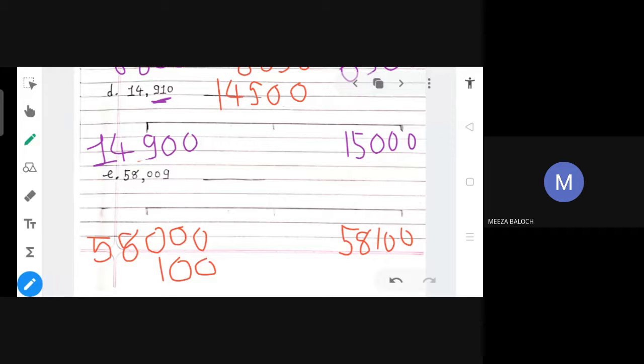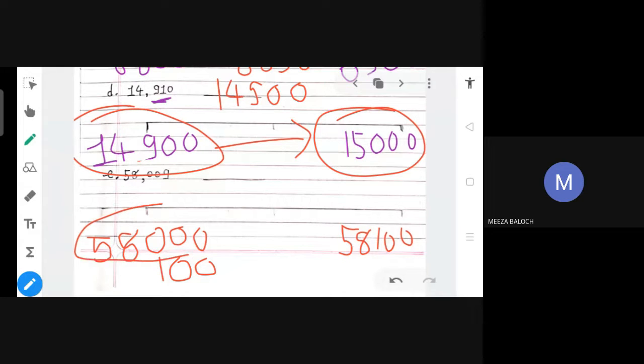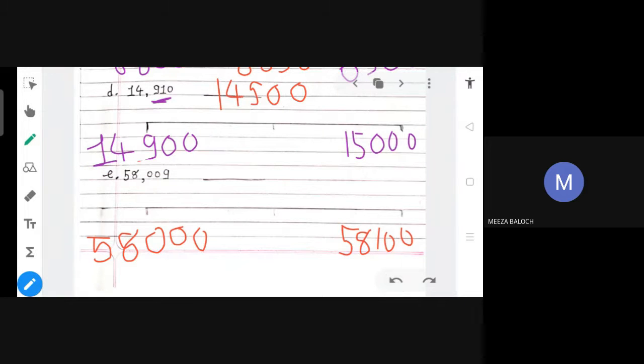Yes, but the answer is, here 8 is not there and 5 is also not there. I told you how much the difference is between this and this. Between both there is a gap of 100, no? In the same way, the number here and here, you can see the gap of 100. So whenever you are not able to find this number, just add 100 to that one. So you will get the answer.